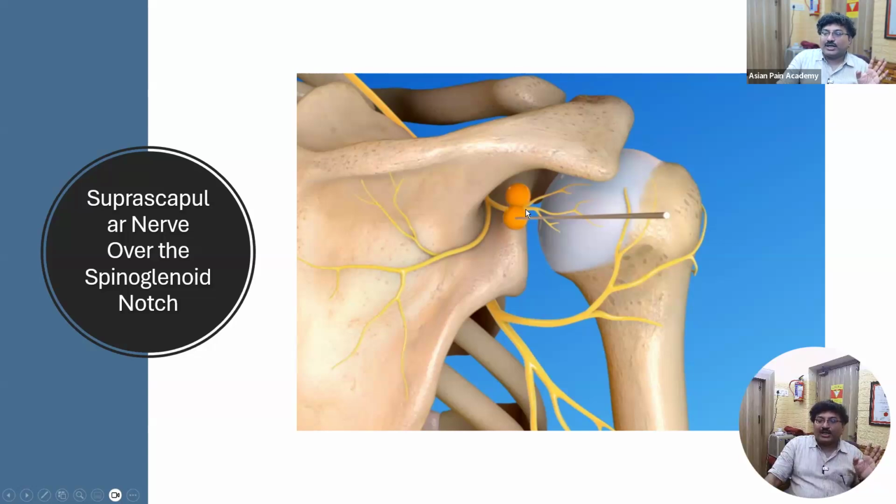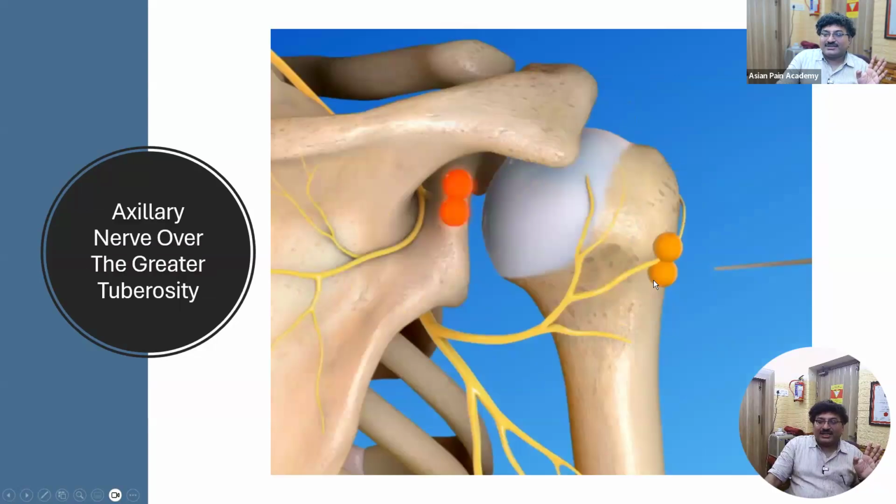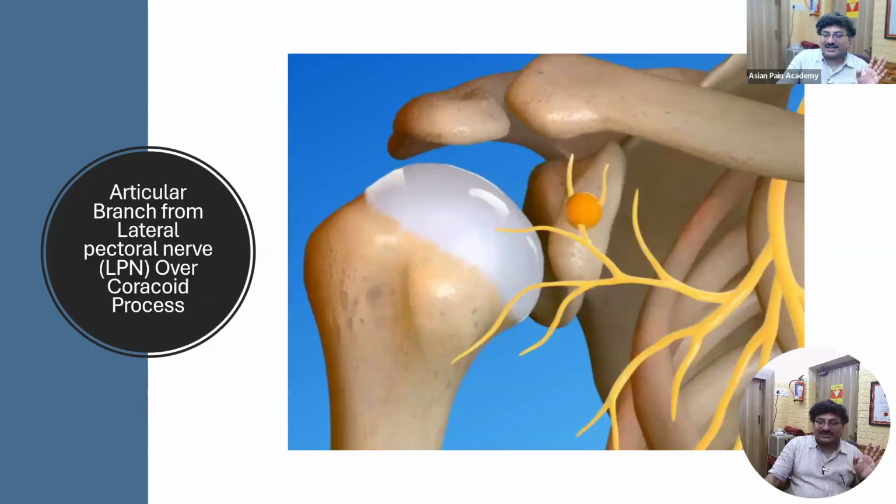Usually, two cooled radiofrequency lesions are done at this point. The next is the branch of the axillary nerve that is coming to the shoulder. So, near the greater tuberosity, we have to do two lesions. And the third one is at the anterior side. Here lies the lateral pectoral nerve and the branch